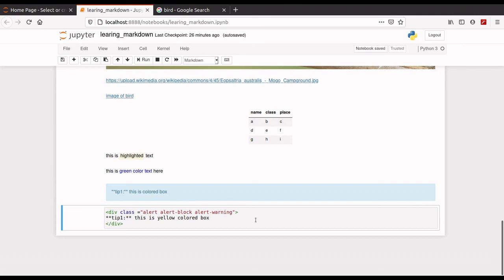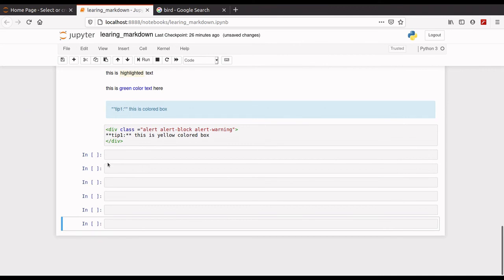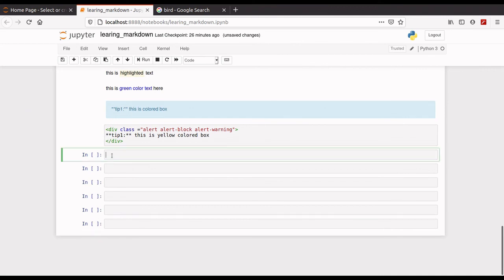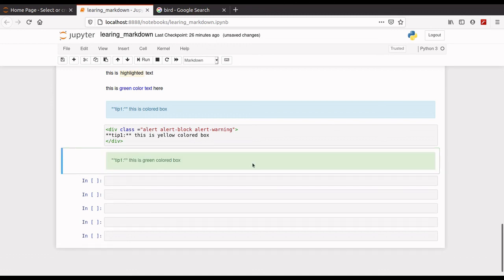So just insert a cell below, capital B. Let's see the green box. You just write success. Yeah, the box is green.